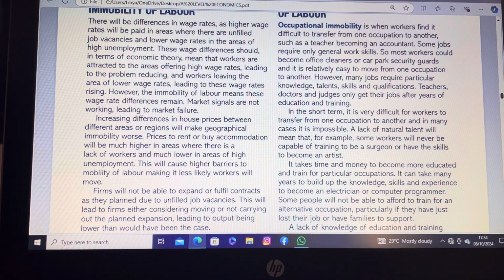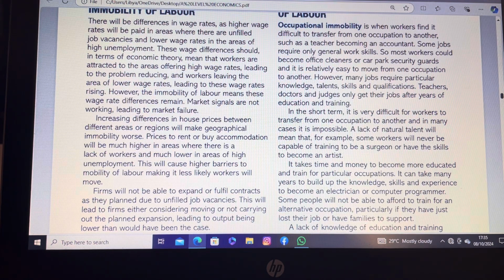And if there is a shortage in the supply of labor in that country, there will be an increase in the wage rate because there is a shortage of labor. So the available laborers will demand higher wages from companies in that country. Also, it will increase the differences between the prices of rent in different regions.